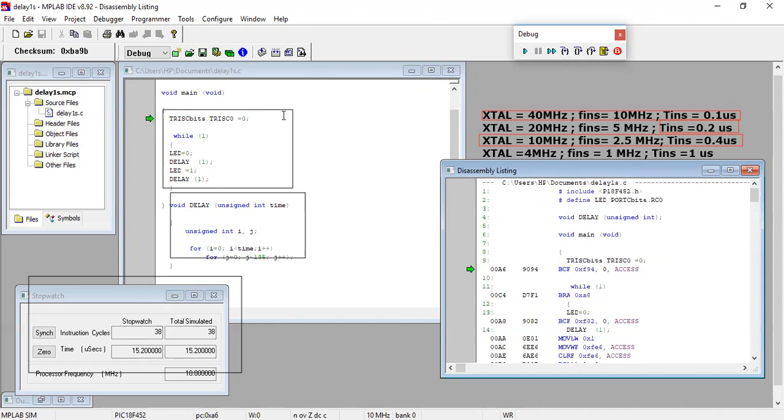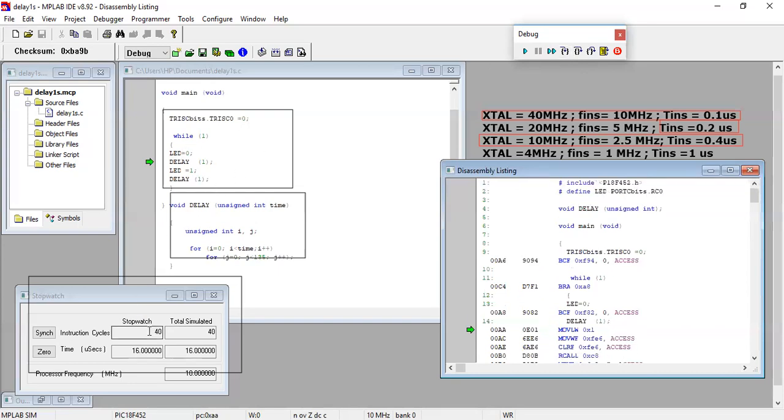Now we will be careful because as this cursor approaches this delay, we will zero the number of cycles, right? So let's see. Okay, it is on the LED now and we will press one more time. Okay, so 40 cycles have already been executed and they have consumed 16 microseconds, right? With the help of calculation, we can confirm it. We are using a 10 megahertz crystal oscillator, so 0.4 microsecond for one instruction cycle. So 0.4 multiplied by 40 produces 16 microseconds, right?